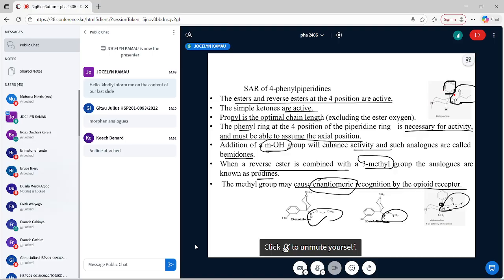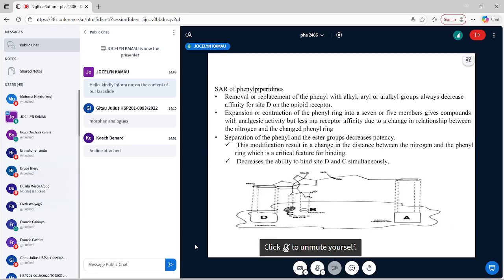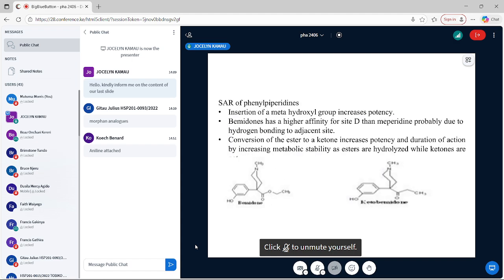We should just say we cannot change the distance between this phenyl ring and the terminal nitrogen. You cannot change that distance. If you change that distance, it means this compound will not be able to interact with the receptor effectively. And when that happens, the compound will not have the maximum activity. I hope